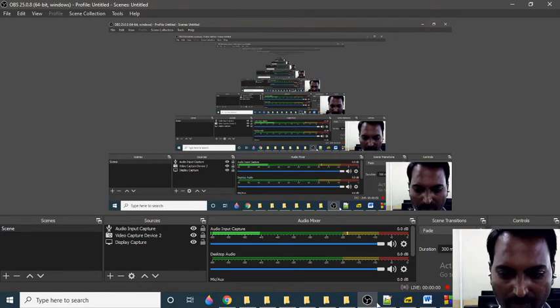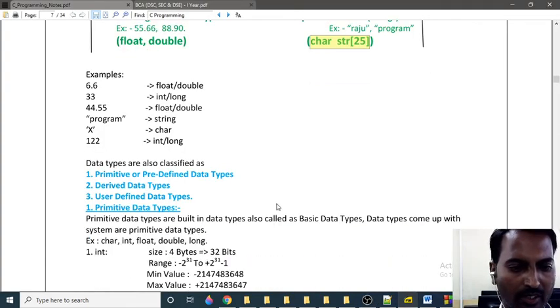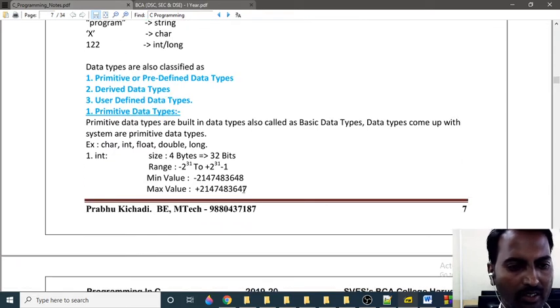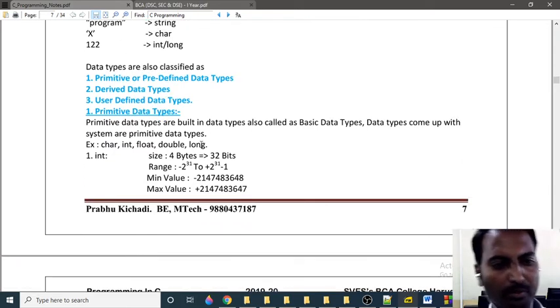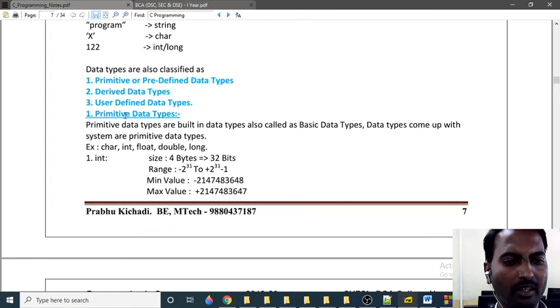Now, again data types are classified in different terminology. There are three kinds: primitive or predefined data types, derived data types, and user defined data types. Predefined means built-in data types.